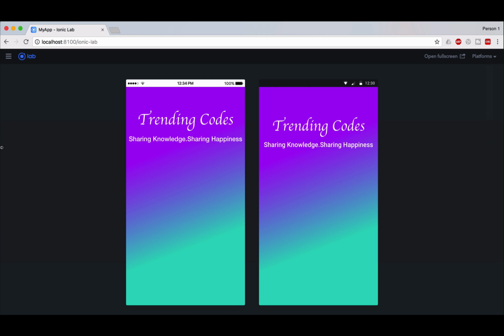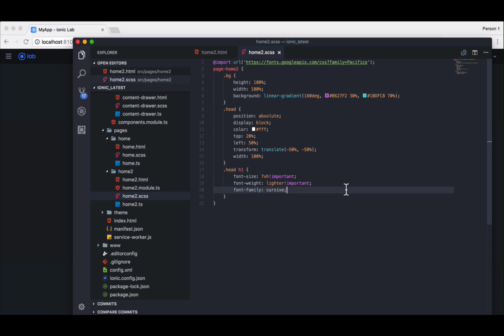Let's check. Yeah, this is going to work, but this was not my font in the demo app which I have shown you at the start of this video. Here, if you want to use the same fonts which I have used in my application, you should get those fonts from